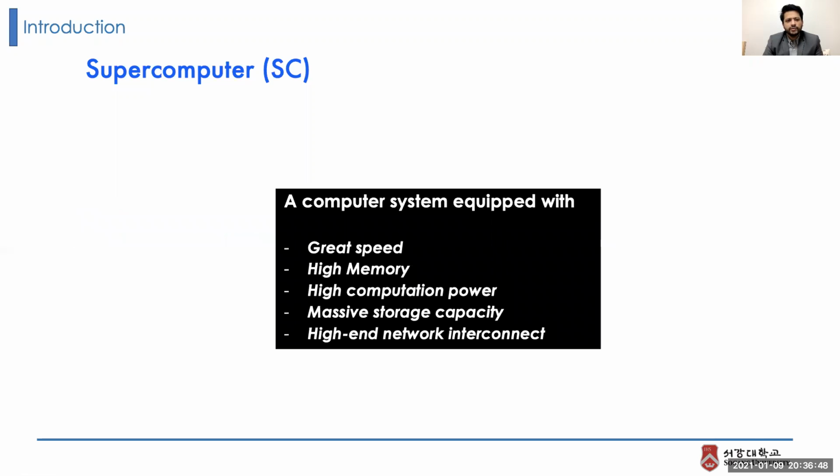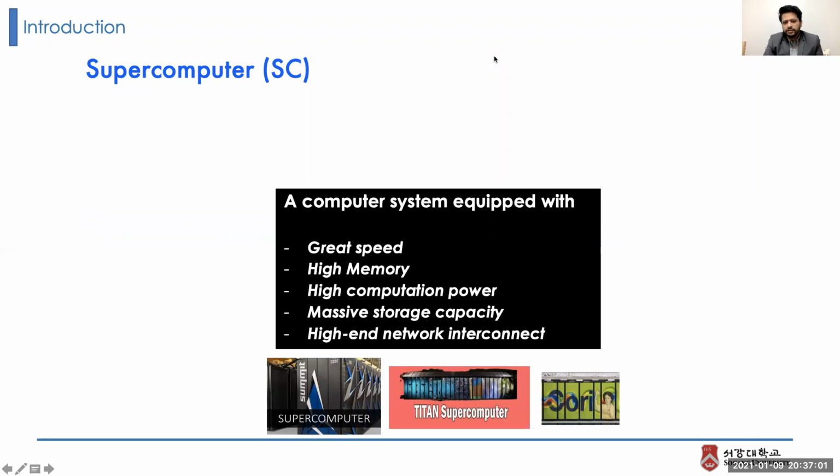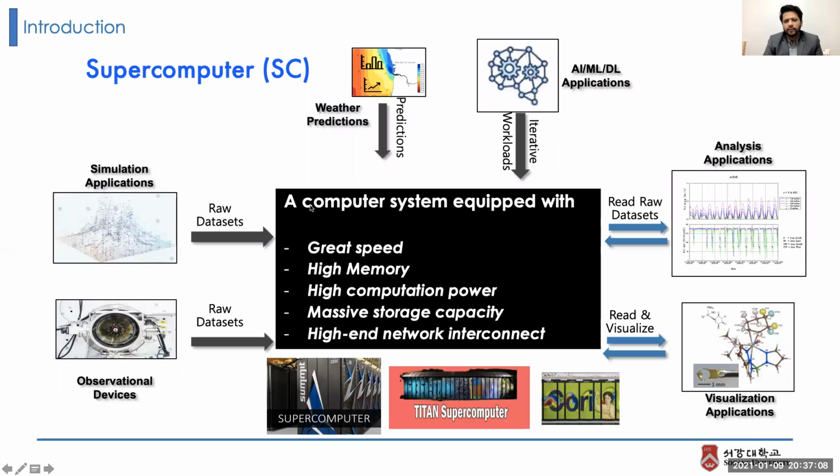A supercomputer is a computer system equipped with great speed, high memory, high computation power, and, of course, large storage capacity. Representative examples of supercomputers are Summit, Cori, and Titan. For several decades, supercomputers have provided the needed resources for modeling, simulation, and data analysis in numerous scientific domains. They are being used for weather forecasting, data analysis, AI, ML/DL applications, astronomical observation, and